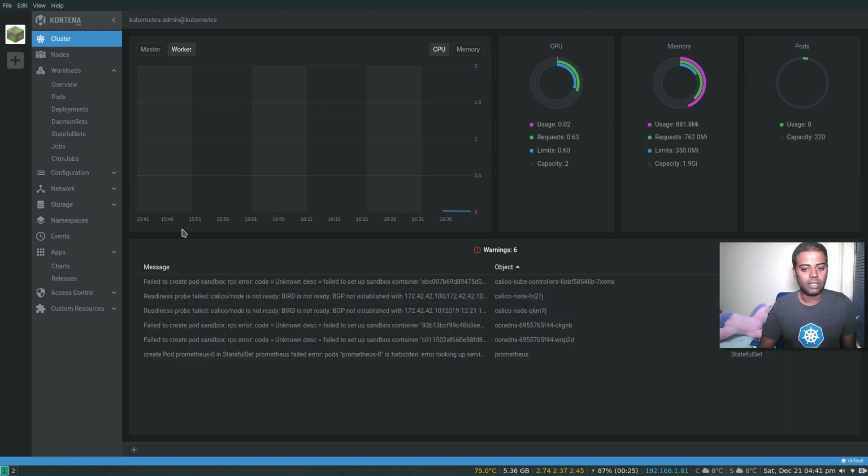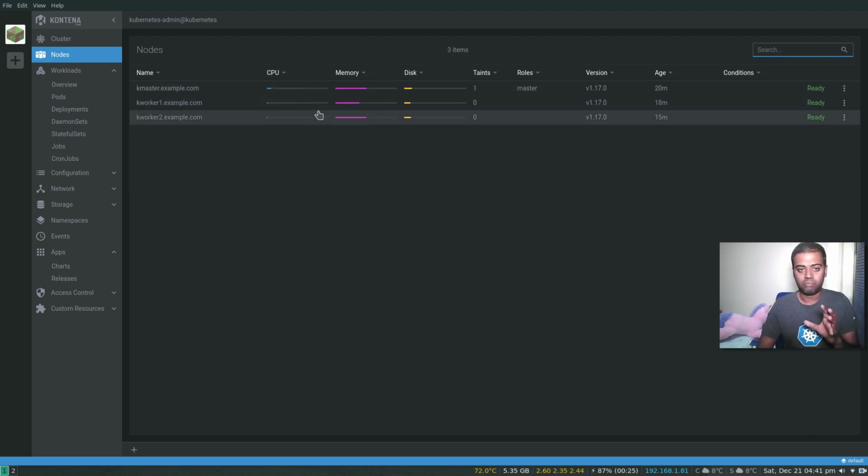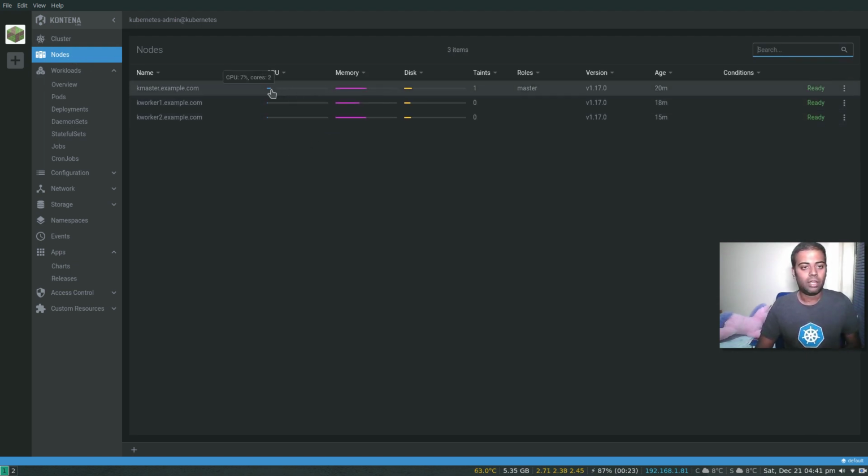Okay, let's close that. And also nodes. If I go to nodes, now you can see the graphics, the metrics, how much CPU it's using. It's using about 7%. It has got 2 cores, 2 gig of memory, and it's using 51%. Disk, 10 gig of disk, and it's using like 12% at the moment. That's the master machine. You can see under the roles here, and that one has got 1 taint associated with